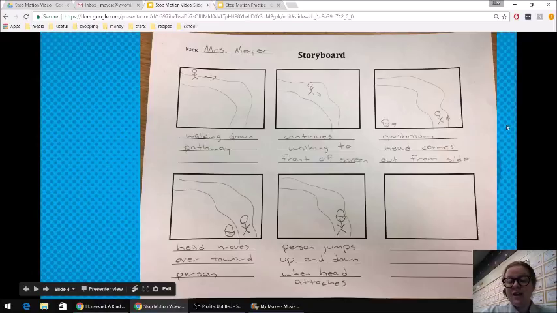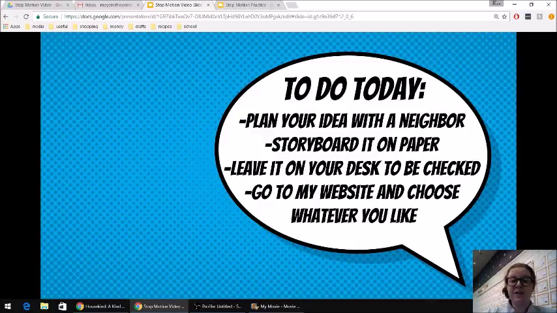So you'll be getting this paper, or maybe you already have it, and you're going to be creating that idea today. So that leaves us with what our job is for today. Today, we need to plan our idea with our neighbor. You don't have to talk to a neighbor, but you are welcome to if you want to kind of think of your ideas out loud. Then you need to storyboard it on paper. So just like I did,